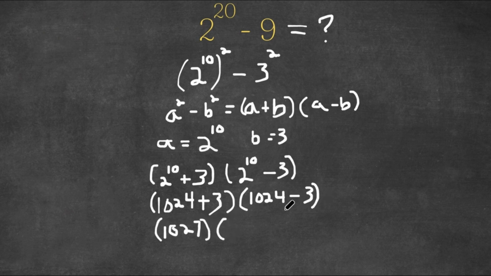And 1024 minus 3 is 1021. Now what we're going to do is we're going to rewrite 1027 as 1000 plus 27